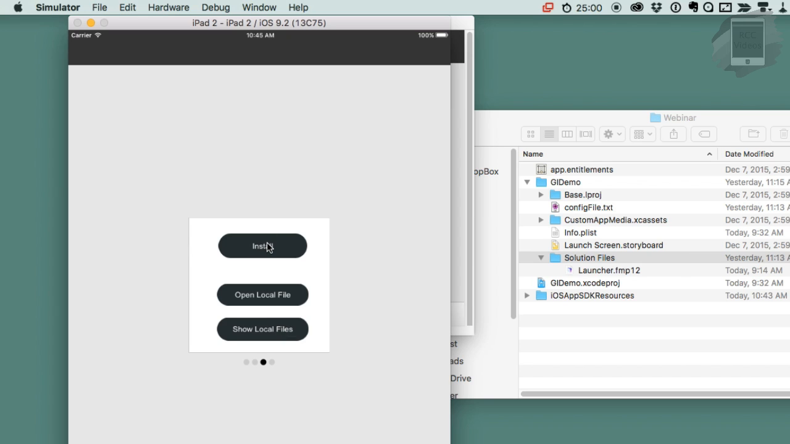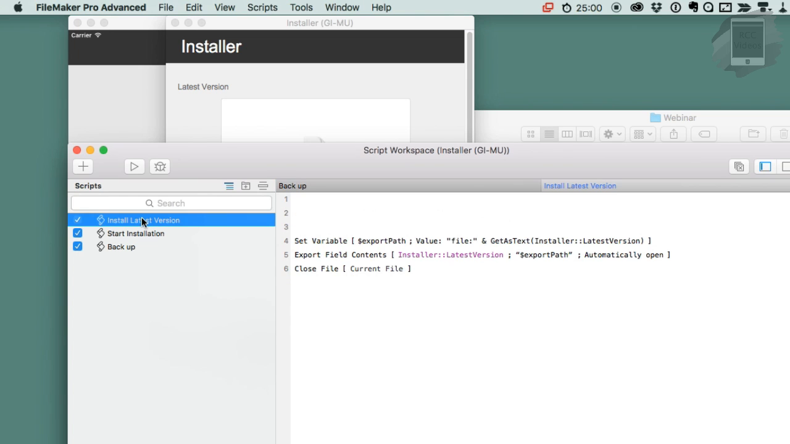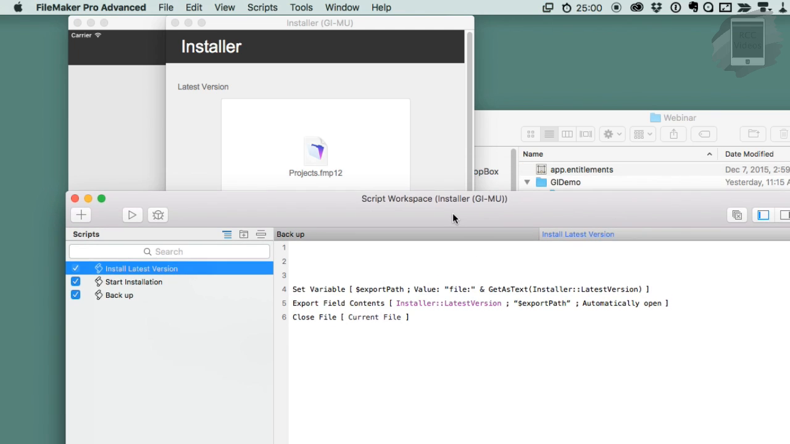A button runs a script, which calls a script in the installer file, and really it's just this. It's 3 script steps, and one of them is close file. So first we calculate the export path, which is file: and then we are using get as text around the container field, actually we don't need to do that, but I like to be explicit, and that will just give us projects.fmp12. So our full export path is file: projects.fmp12. And then when we export that